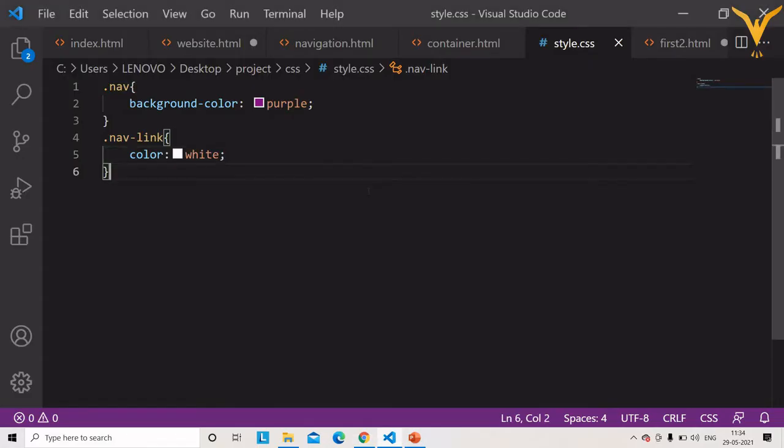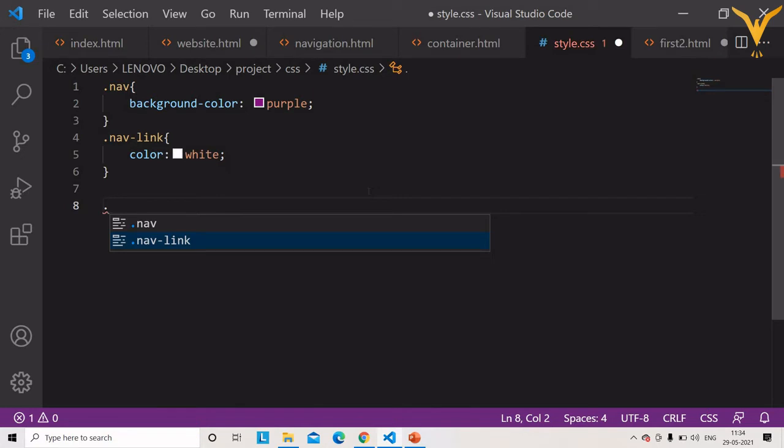So now it's looking properly. Now when I hover the cursor on the text, it is giving me blue color. So I want to change this hover effect. For that again we will go to the CSS and here we'll apply the color for the hover effect.